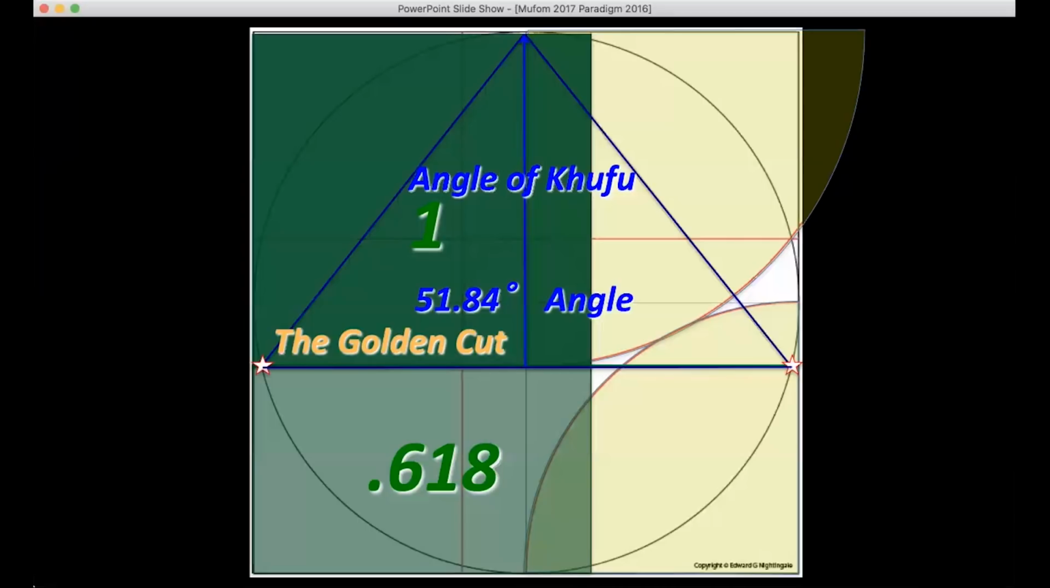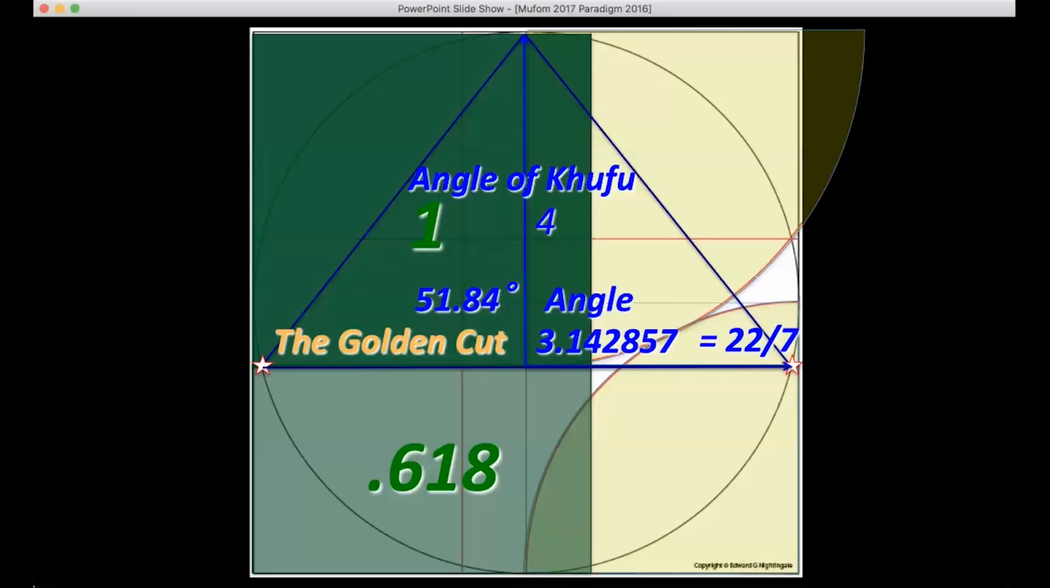The golden cut. Now this golden cut, here we get into where I was talking about the phi number that we used in the approximation of the circle in the beginning. Here's where we come up with this ratio. So this ratio of the pyramid of Khufu, with a 51.84 degree angle, if you were to